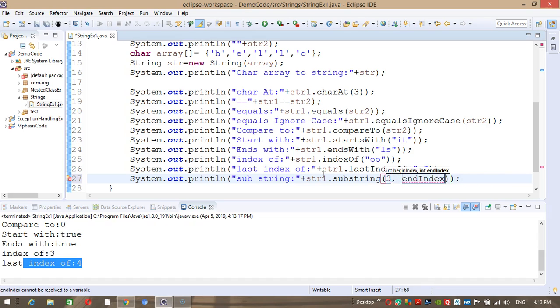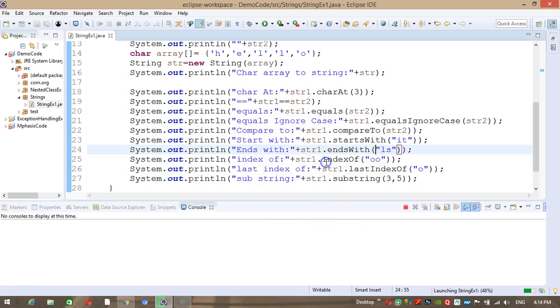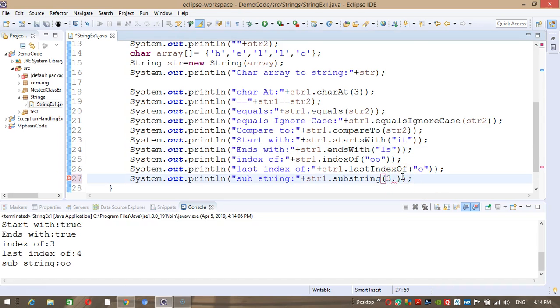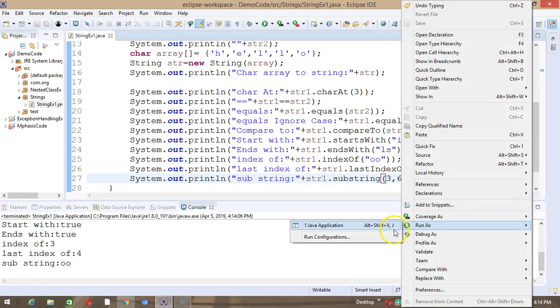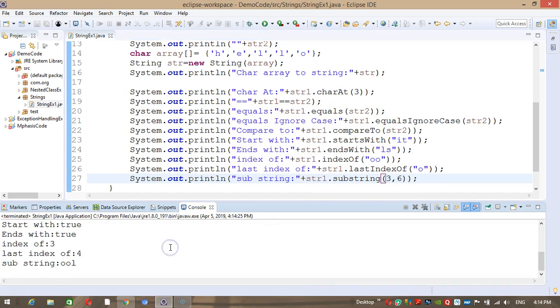If I specify 3rd to 5th, only those characters I want, in that case it will return only that particular sequence, 3rd and 4th position. So it will not consider your last index, that means the 5th. If I specify 6 here, okay, it will give us 3 characters.